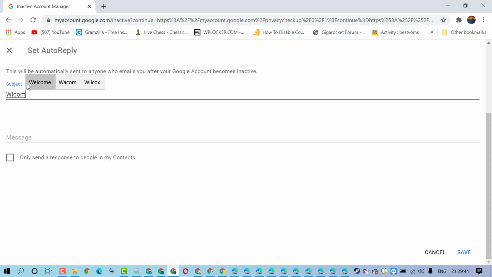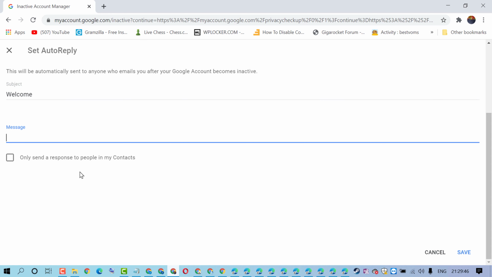So type the subject and type the message here. Then click on save.